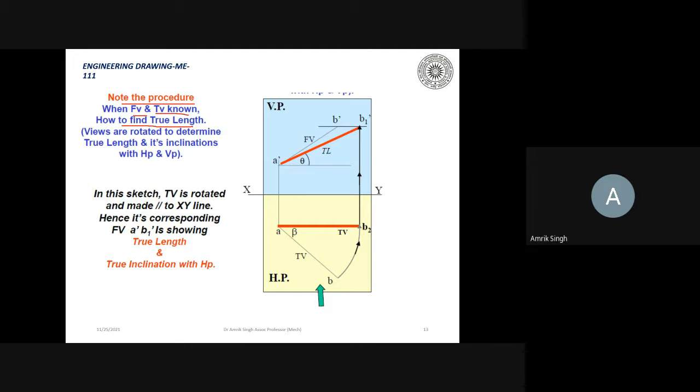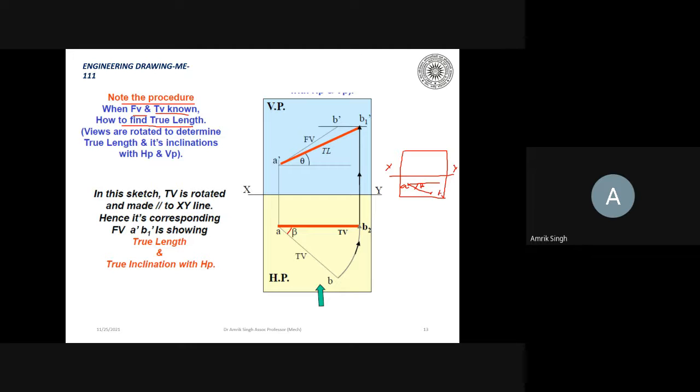Okay. So what we do, we draw a line, this is the exact length of the line. This angle beta is given. So you can draw. आप draw कर सकते हैं नहीं? Yes, sir. You draw first a reference line like this. Then you draw a horizontal line which is parallel to the reference line. Then you draw an angle beta. ठीक है? So this will be given. When you draw beta, then you can draw this. So this will be AB.